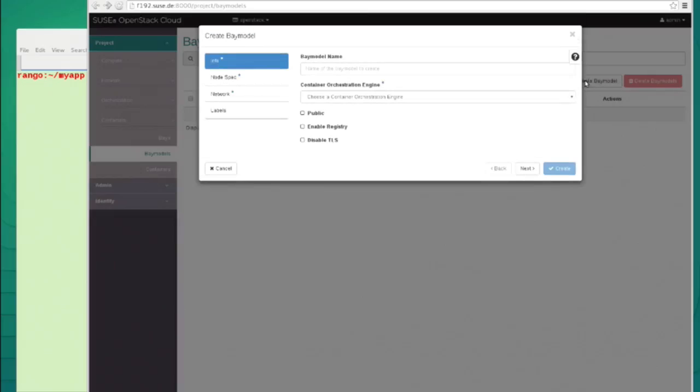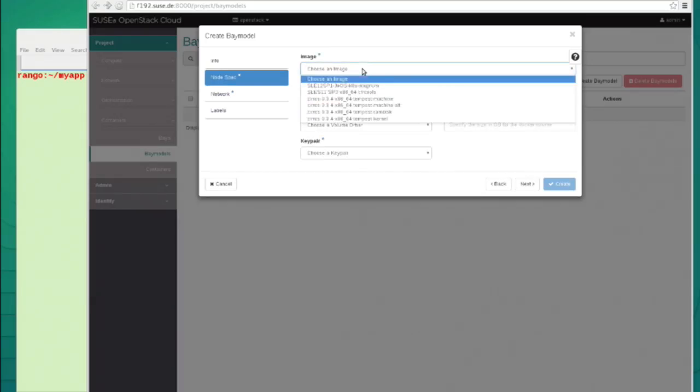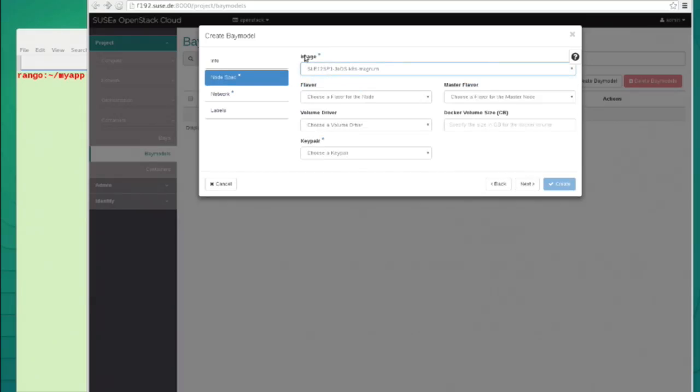And to deploy, for example, Kubernetes, we need to only create the Bay model. It's the template which is collecting the parameters and the recipes for how we are supposed to deploy the Kubernetes cluster. So right now we are choosing the Magnum image, and we are choosing also the flavor.